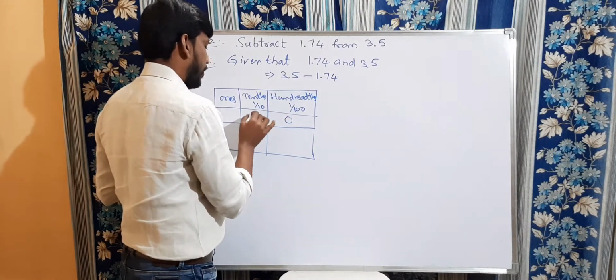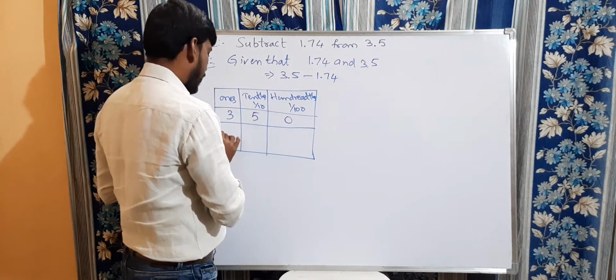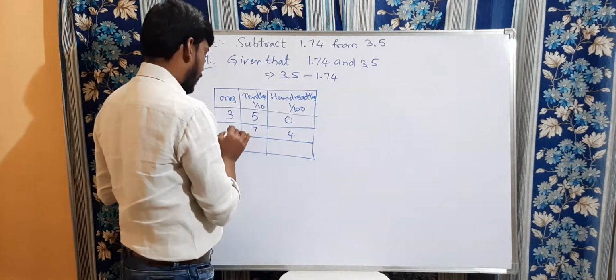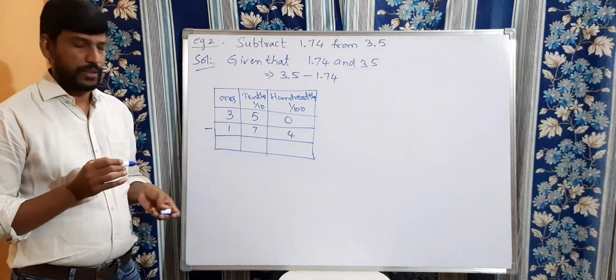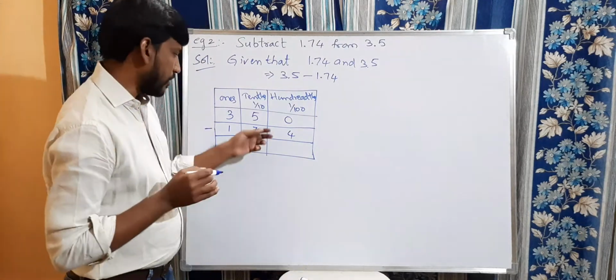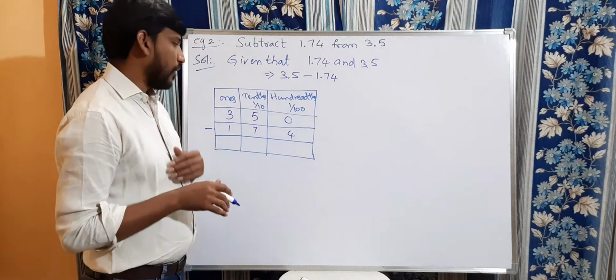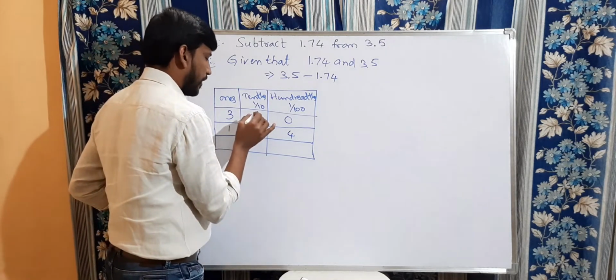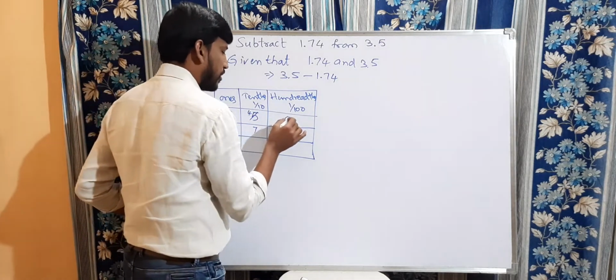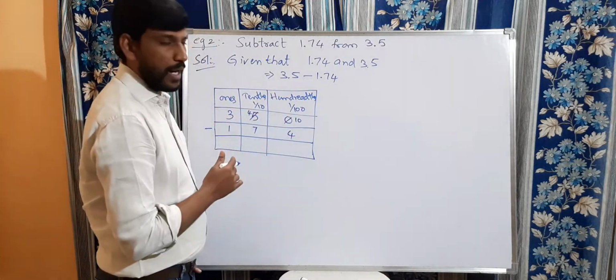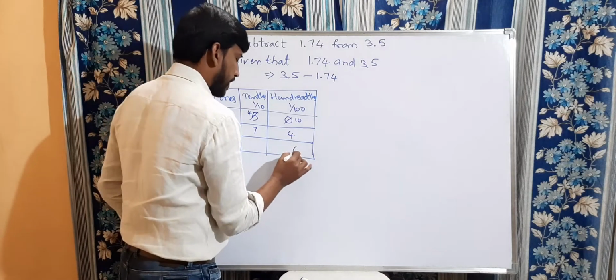Okay, 0, 5, 3, and down we should write this number 4, 7, 1. We need to do the subtraction. So what is doing subtraction? Now see this here. Keep the minus symbol. Now 0 minus 4 is possible? No, it is not possible. So we need to take the borrow. This is 4. This will become 10. From 5 we need to take the borrow. Now 10 minus 4 is 6.